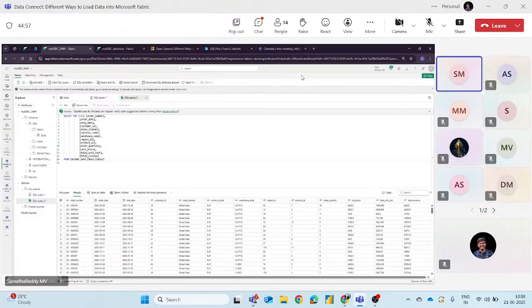If you think of this data warehouse as an Oracle DB or MySQL, from here I want to simply call this sales table into our lakehouse. So we just unified into the lakehouse, right?